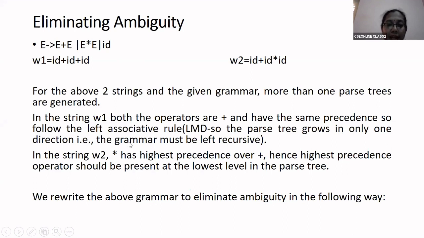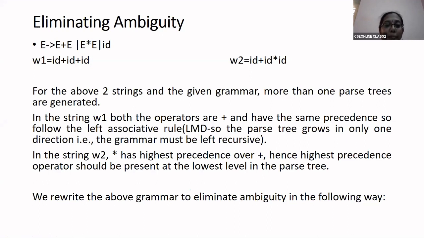One rule takes care of the associativity. Associativity is the order in which you are going to evaluate the given expression. If I say evaluate the expression only from left to right, then it is called the left associative rule. I am imposing a rule telling that you have to evaluate the expression only from left to right. If I impose such a rule, you will come across only one parse tree. That is, you are taking care of the associativity of the evaluation of the expression.